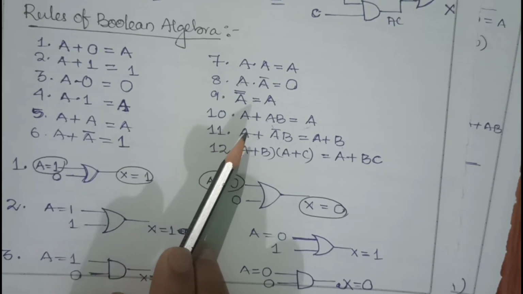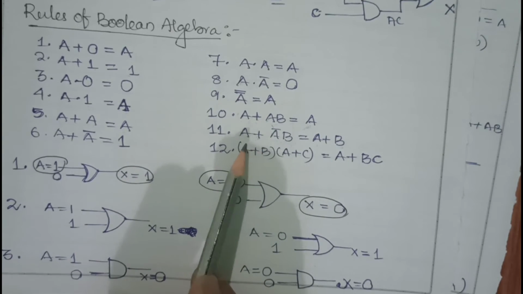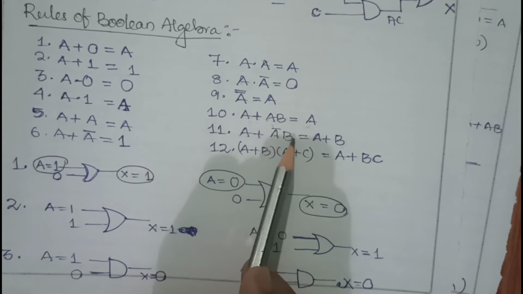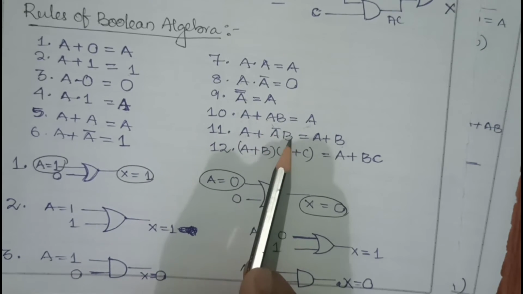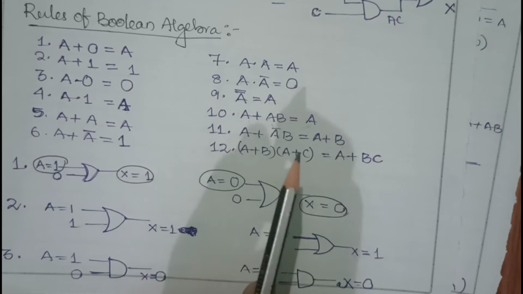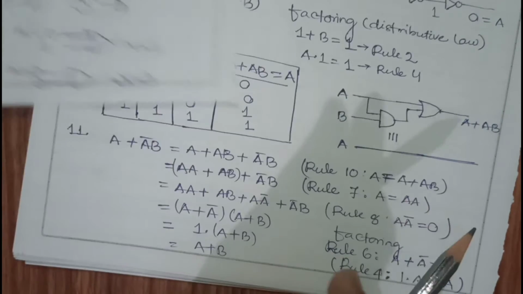So remember these three rules. But in a question it might not be A and B, or A bar and B. It might be something like CD plus CD bar plus E. So similarly you have to think in that way: in which form it is, and whether I can apply the rules or not.